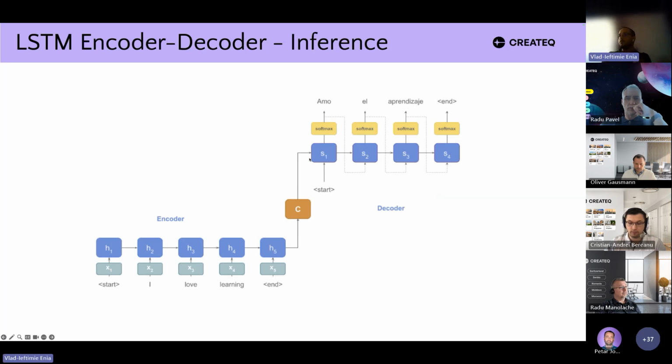The decoder and the encoder architecture are similar, but we do not use the outputs of the encoder, we just use the internal state, or the context vector. This context vector is set as an input for the internal state of the decoder, and the decoder will output each word individually. And of course, we use this word as input for the next time step. This is how we do inference, or how we do prediction using this architecture.